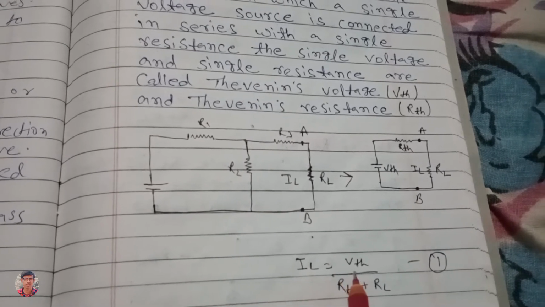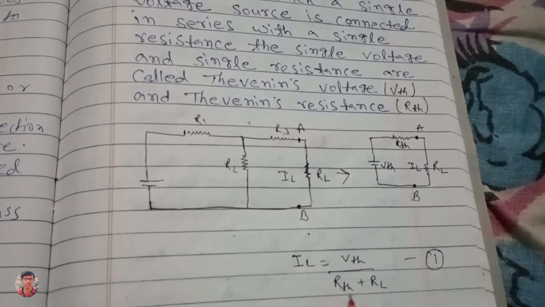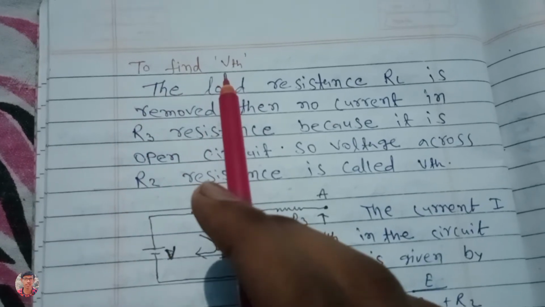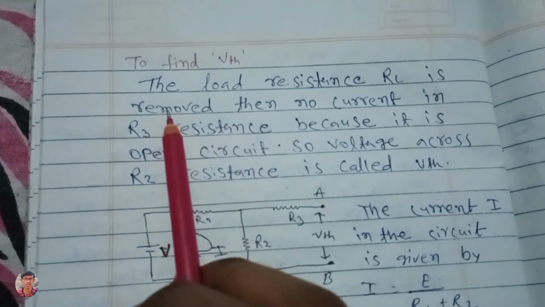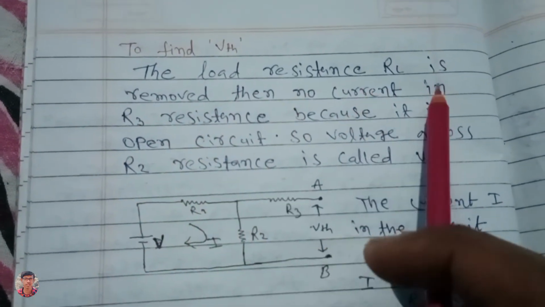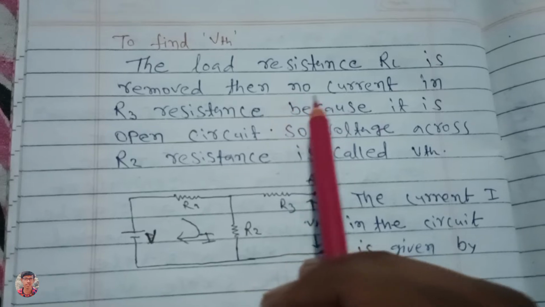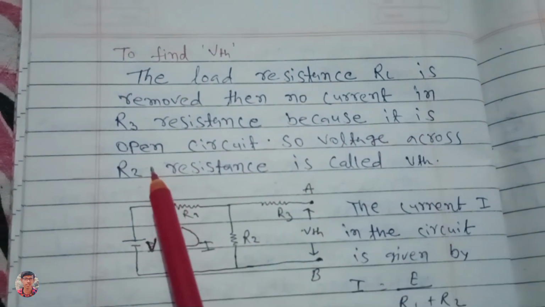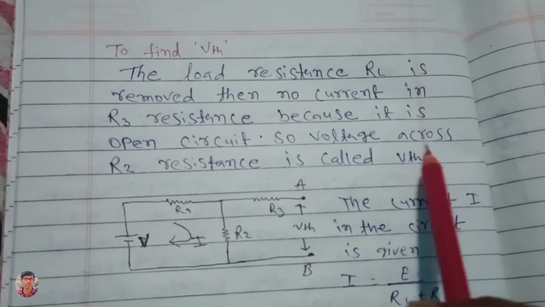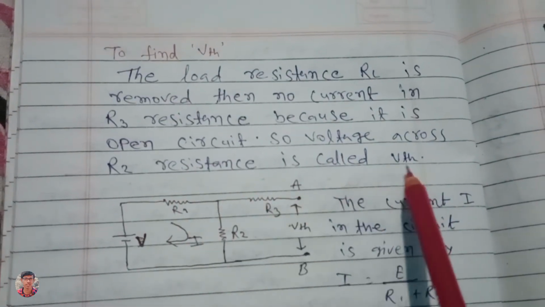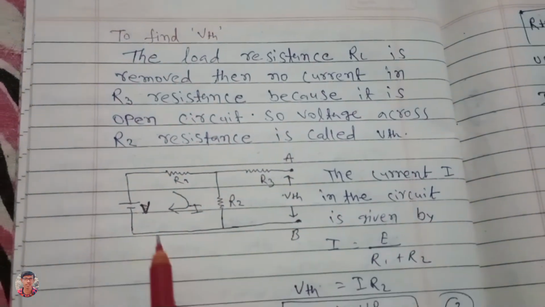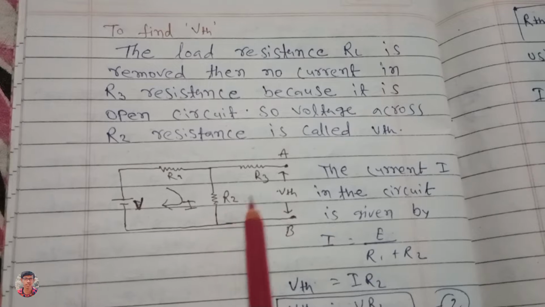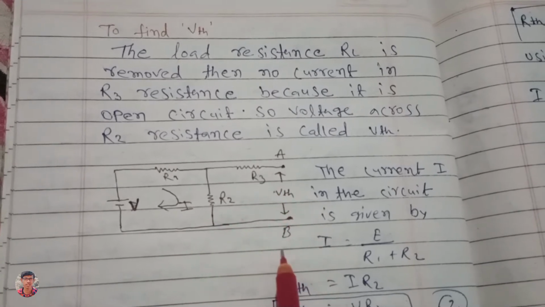IL equal to VTH by RTH plus RL, equation 1. To find VTH, the load resistance RL is removed, then no current in R3 resistance because it is open circuit, so voltage across R2 resistance is called VTH। V, R1, R2, R3, VTH, A to B।